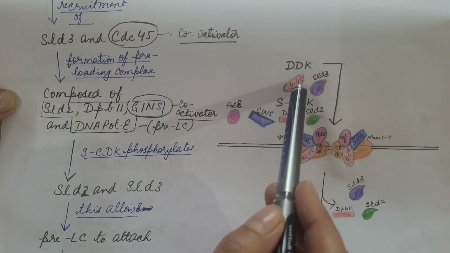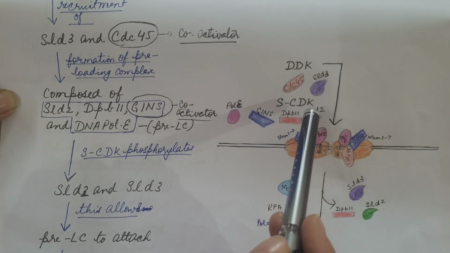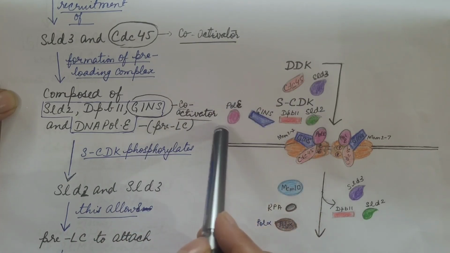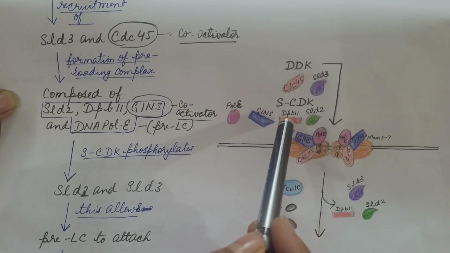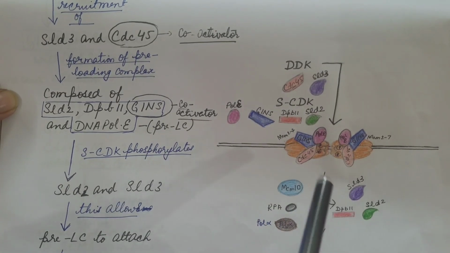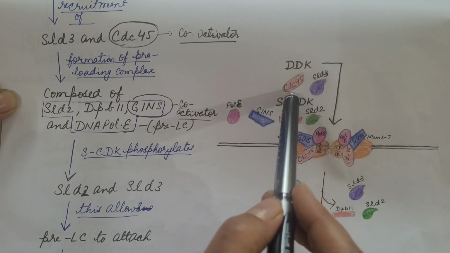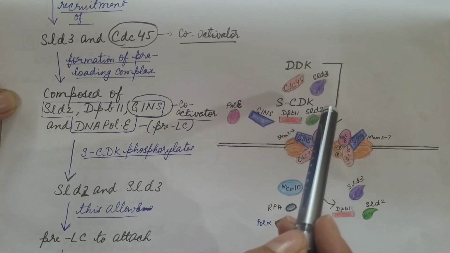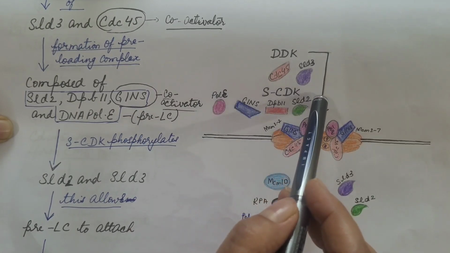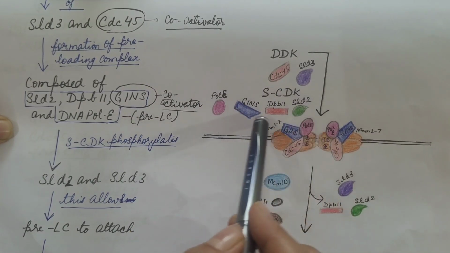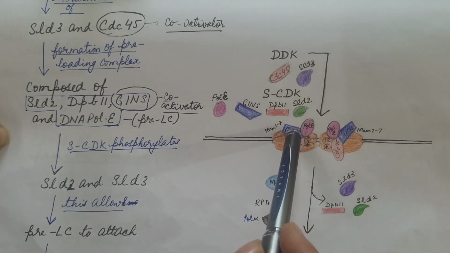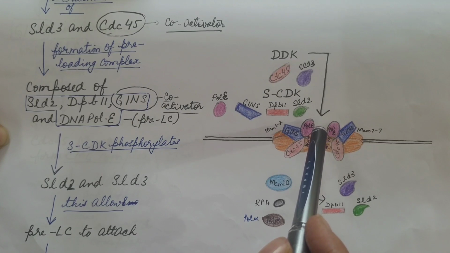The CDC45 is helicase co-activator. SCDK promotes formation of preloading complex that includes SLD2, DPB11, GINS and DNA polymerase epsilon. Now what happens? This SCDK phosphorylates SLD2 and SLD3. This phosphorylation allows the attachment of preloading complex, as a result of which now GINS along with DNA polymerase epsilon